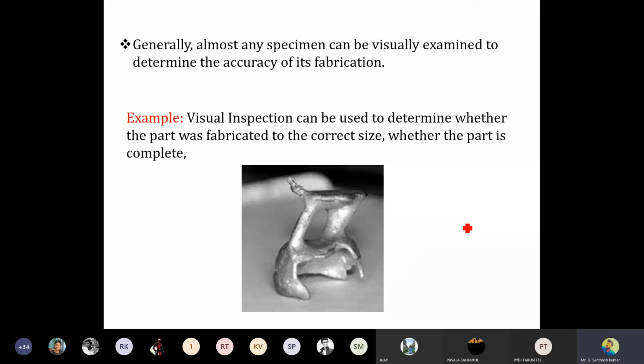But whenever the size of the flaw or defect comes down, from macro to micro and micro to nano, then obviously the flaw size is very small, and it is very difficult to identify by visual inspection methods, whatever tool you are using. Then definitely we have to select some more techniques.